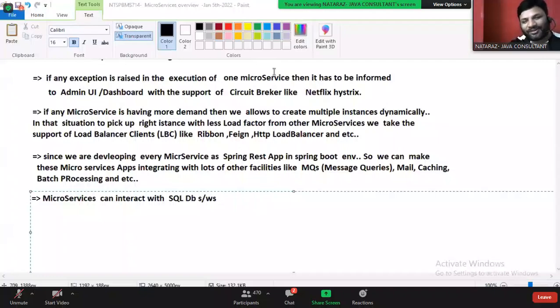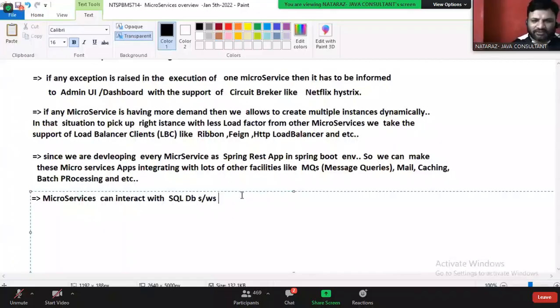Don't think the Eureka server will be taken care of by the DevOps team. No, that's the developer part, because they are all required as part of microservices development. Only the build process and deployment process, mainly deployment, will be taken care of by the DevOps team.